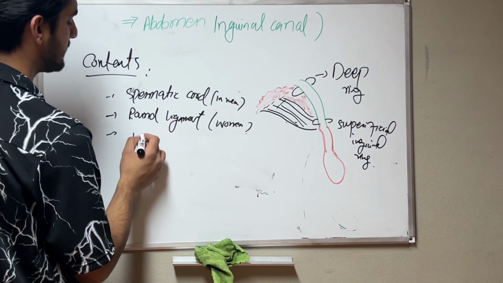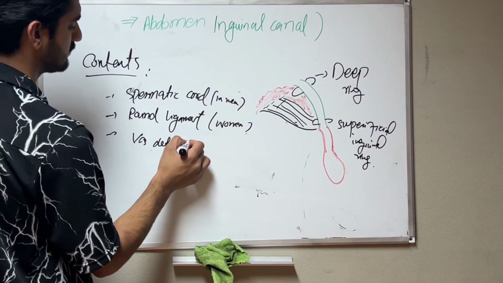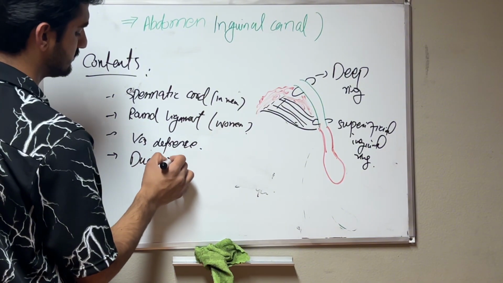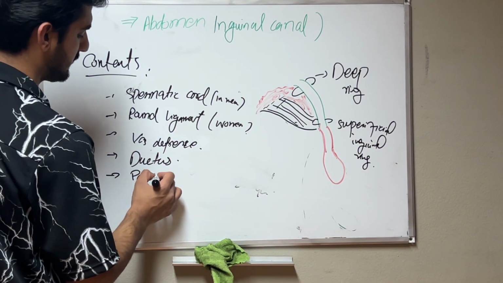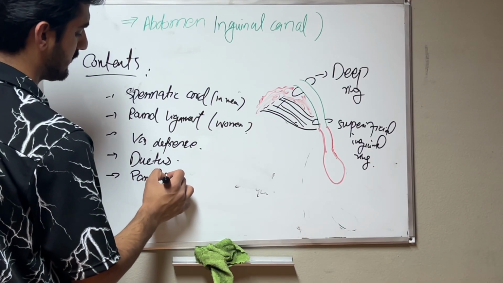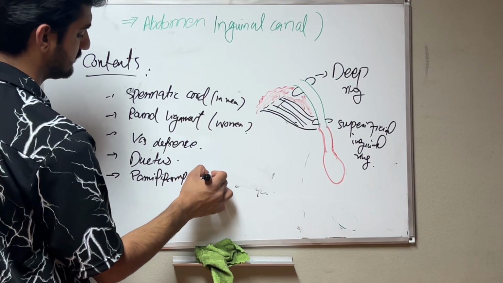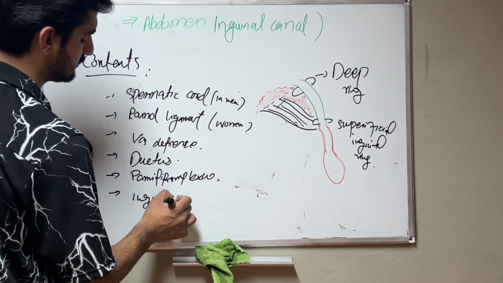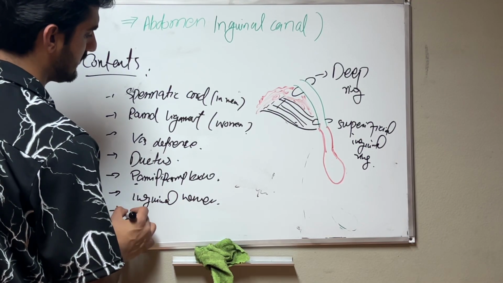Then we have the vas deferens, ductus, pampiniform plexus, ilioinguinal nerve, and